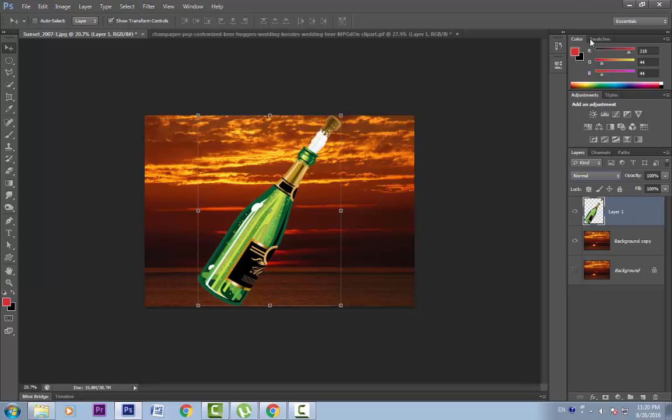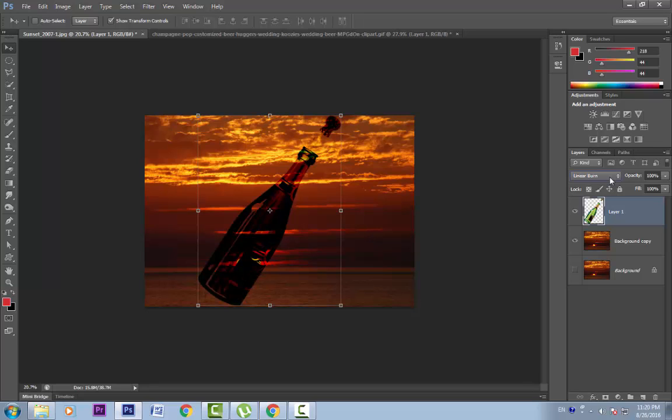Go to the blend mode, select normal. Now this blue box says that this box is active, and by just scrolling on your mouse wheel, you can change the blend mode and see which one suits you. See, the blend mode is changing and we can see the effect. Wherever you find the desired effect,